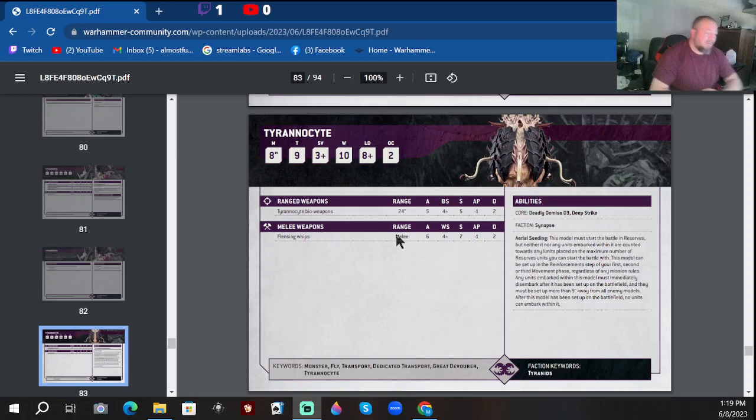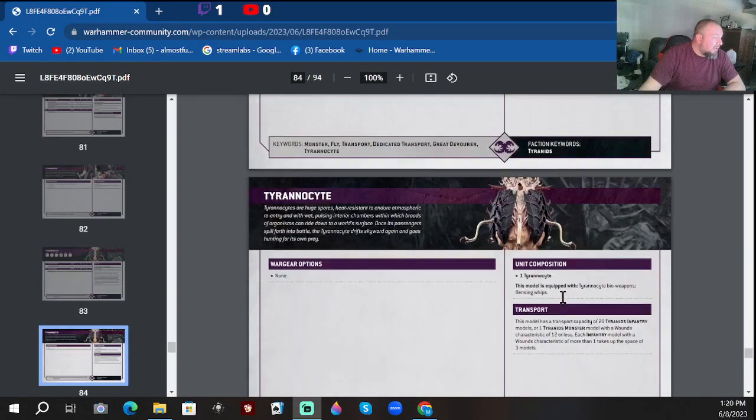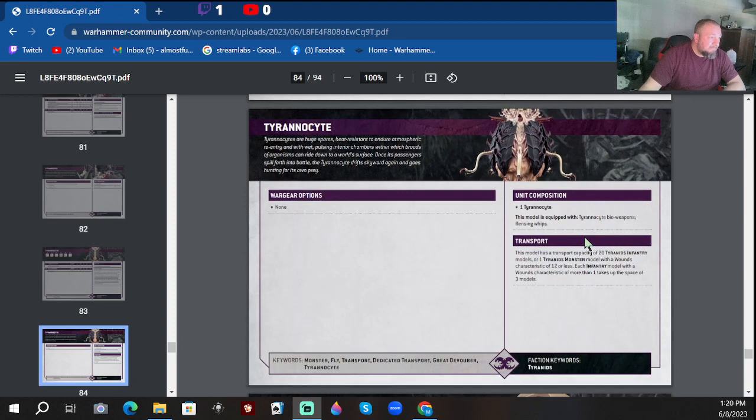No units can embark within it. Alright, so once it comes in, you can't get back in it. So it's a monster, it's a transport, it's a dedicated transport, and it has to start in reserve. Alright, then here its transport capacity is 20 Tyranid infantry models, or 1 Tyranid monster model with a wound characteristic